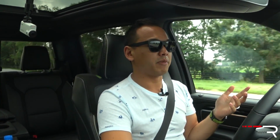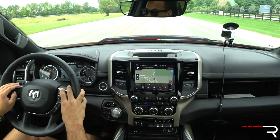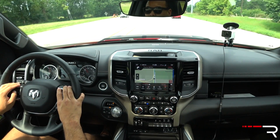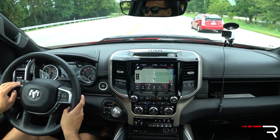It feels exactly like the luxury offering of the segment because it's so quiet. You can kind of get out on the highway, like in this situation where most people would own it, and it has very little wind noise, very little road noise. It tracks really nice. It feels really spacious in here, great visibility. And it's kind of where Ram again has raised the bar and delivered that kind of luxury car